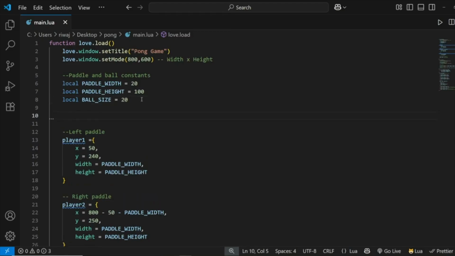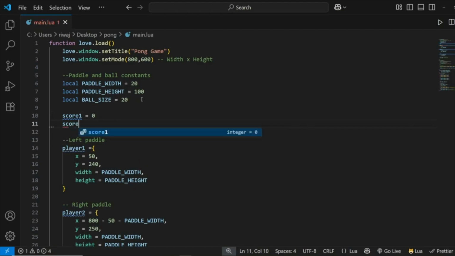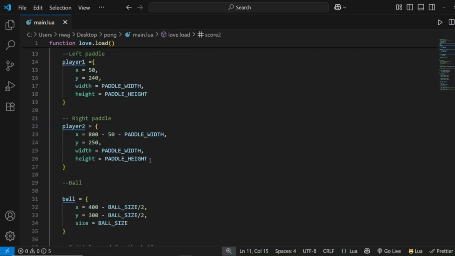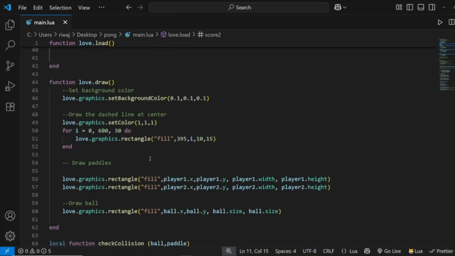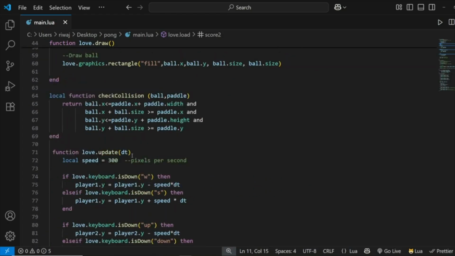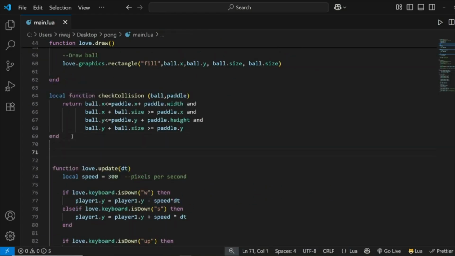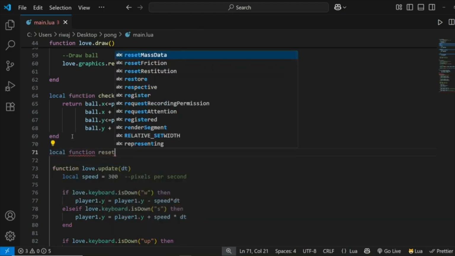So we'll do score 1. This will be the player 1 score. So score 1 equals 0 and score 2 will equal 0. And after that, inside love.update, before using love.update, let's form a function called reset ball. So local function reset ball,